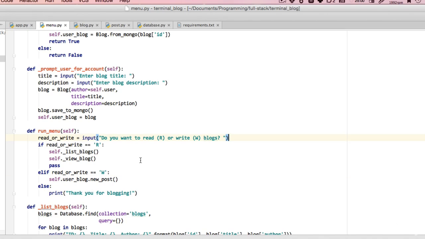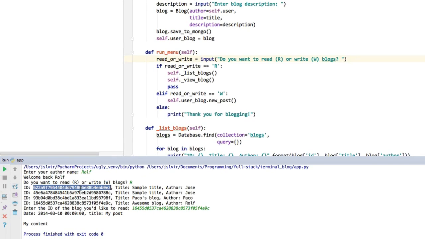Or we could improve the way to select a blog. Instead of having to copy and paste the ID, we could do something different, like use a title or have a shorter ID. The date could be displayed a bit better, especially if there are no times. I'm not really interested if it was created at midnight. So there are a lot of improvements we can do, but the purpose of this section was not to